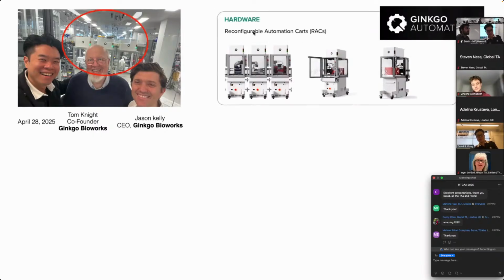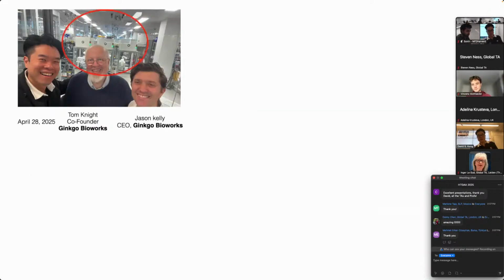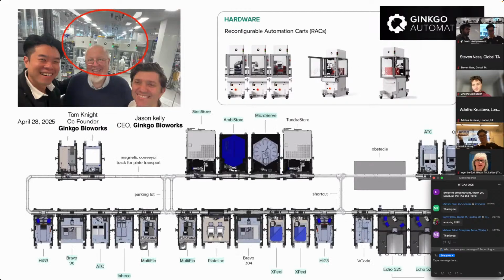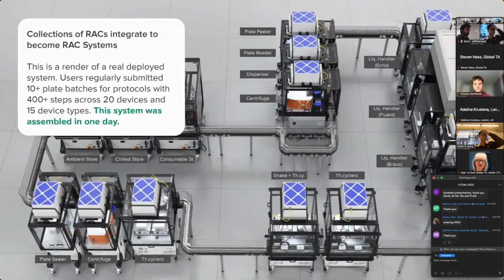So these are what are called racks, reconfigurable automation carts. You can put an arbitrary kind of bio tool inside each one of these racks and string them up together to basically make an arbitrary protocol. And this whole system at Ginkgo is called Nebula. One of our larger goals is to build out essentially the cloud biolab of the future here at MIT